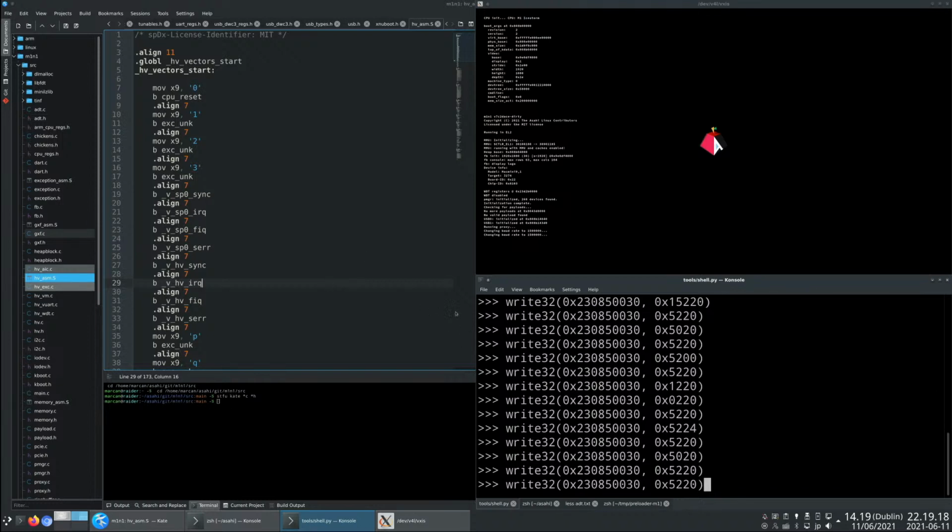Some people are asking, how do I know where these addresses are, where the different devices are? So there's a thing called a Devicetree, and I'm going to mention that later when I talk about how the hypervisor handles devices. But basically, there is a